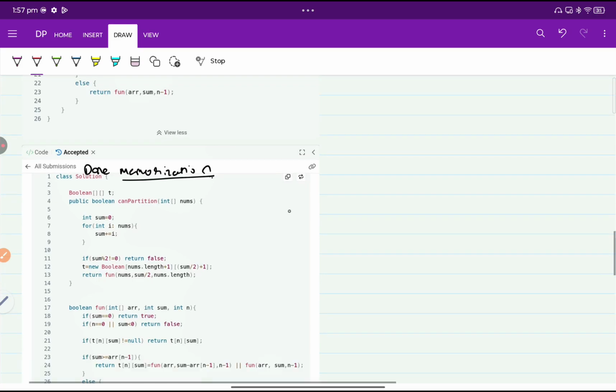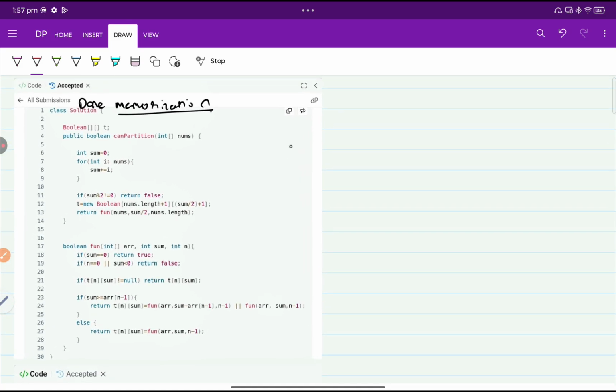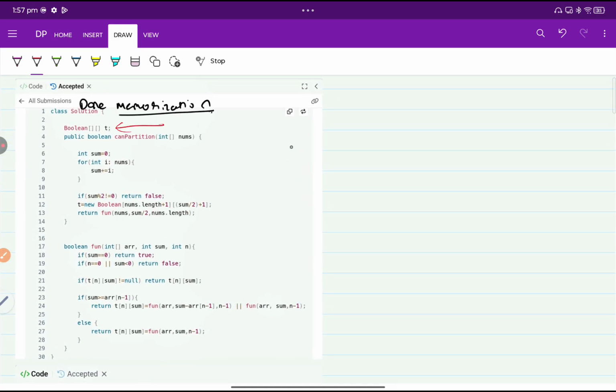If I do the memoization code, I have created a boolean object array, and here I declare the array and initialize it, and here I describe what the size of the array is. Why? Because I have to decide what the size of the array should be. It should be the length plus 1 here, or the sum